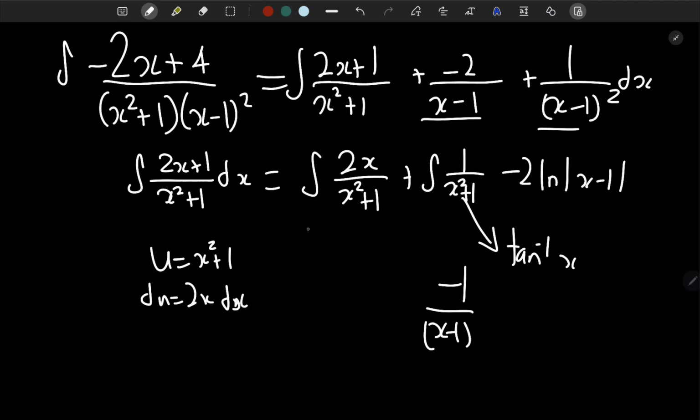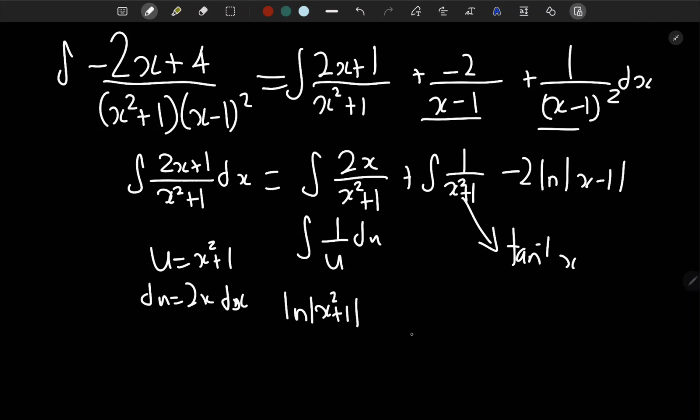So it's going to be the integration of 1 over u, since 2x is going to cancel out with this part, and the integration of 1 over u is just ln u, and now we can substitute u as the value before. So the final answer is going to be ln of x squared plus 1, plus tan inverse x,